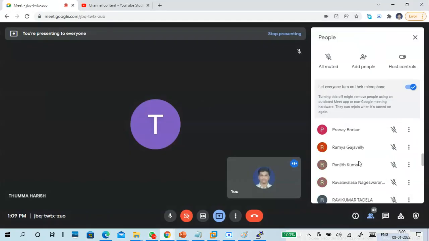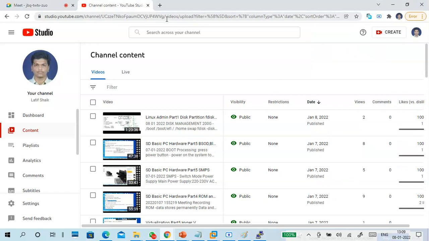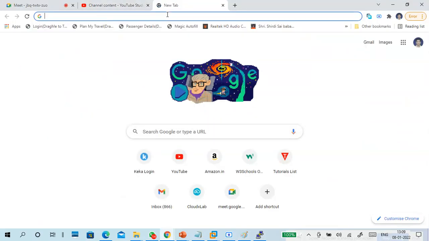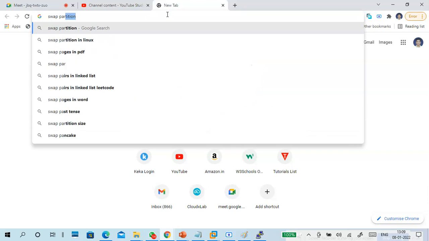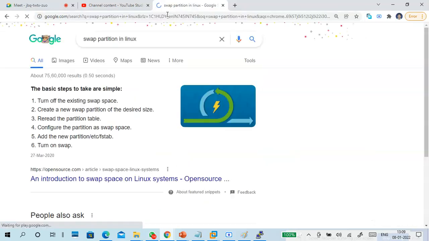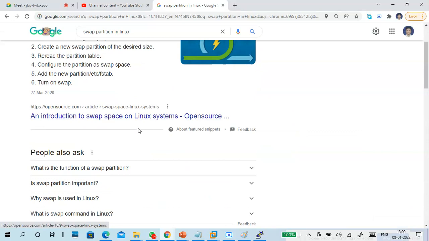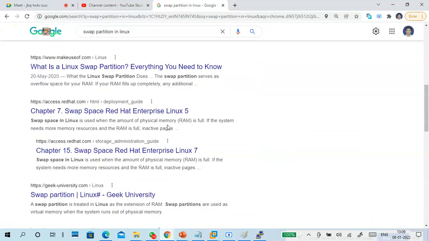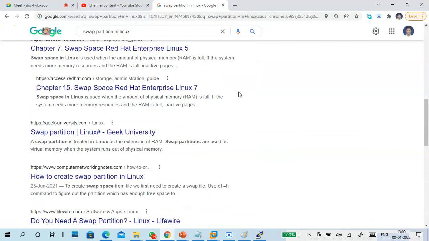So guys, a lot of people use Google but not properly. Like here it is, see: swap partition in Linux. It will give you the guideline for partitioning, creating a partition and adding a swap. You will get it. But what I'm saying is